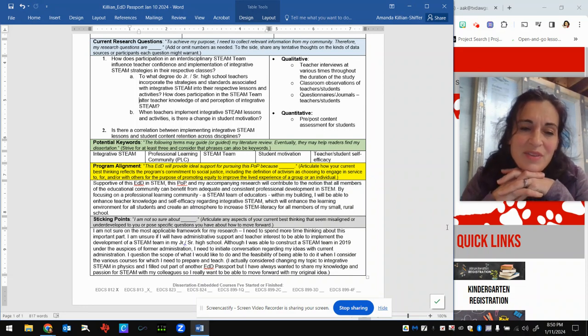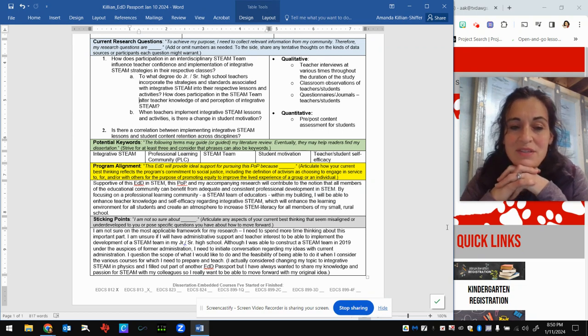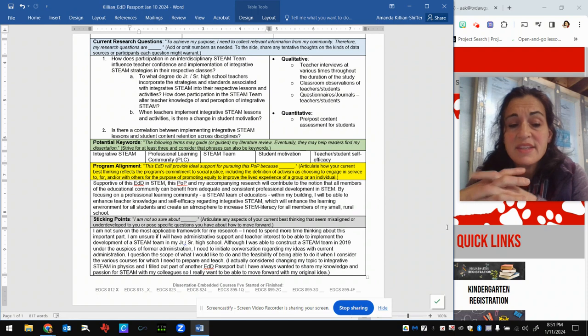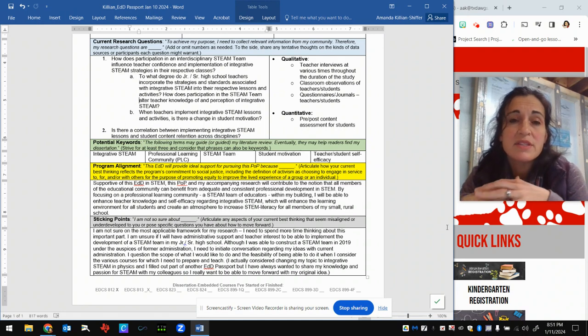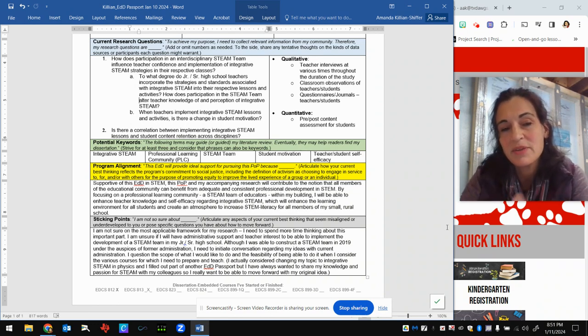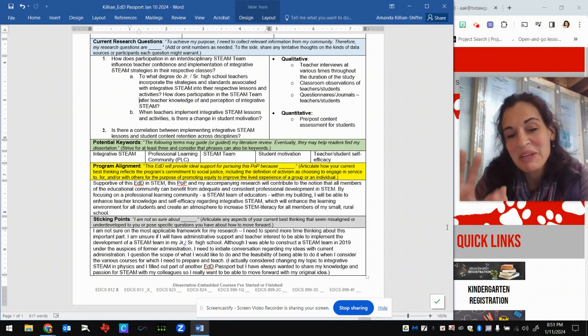So some of the things I'm stuck on: I'm not quite sure if this is too big for what I am able to do with all of the different things that I teach. And even though I'm very passionate about STEAM and I see how it has changed my students and the way that I teach in my classroom, and I want to help other teachers, I'm not sure if there will be buy-in from other teachers, and I do need to talk to my admin. So there's that end of my problem.